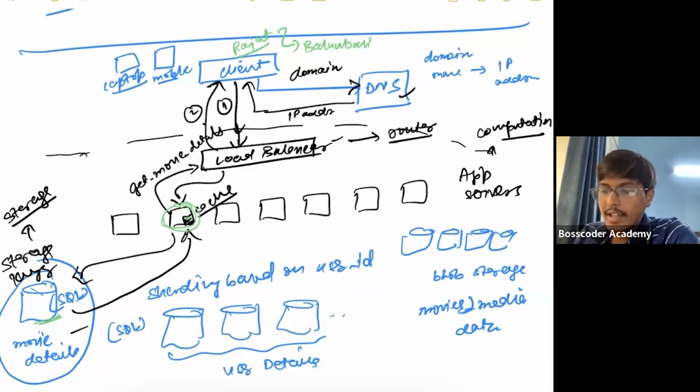So what is happening? First, the request is going to the DNS. From DNS, it is getting the IP address of the load balancer, going to the load balancer. From load balancer, going to the app server, going to the database, getting the information, saving it in a cache, then returning it to the load balancer, and then load balancer returning it to the client. For the next user, if the item data is already present in the cache, then it will be directly returned from the cache itself.